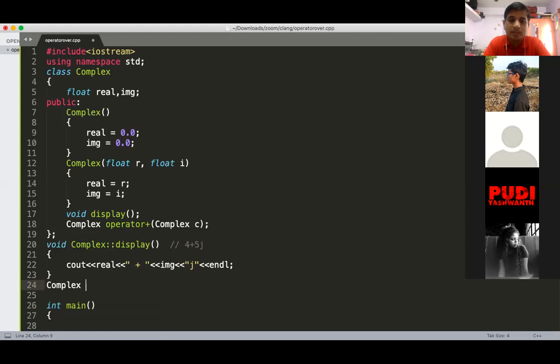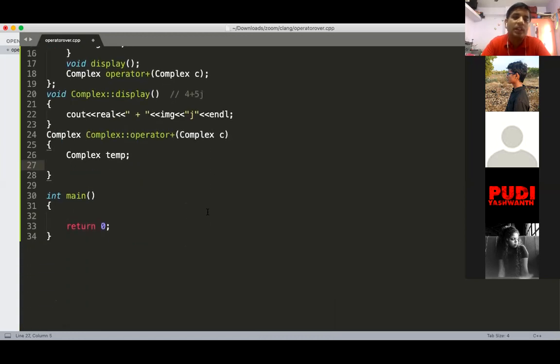So complex colon colon operator plus, and it takes one argument c here. Now its definition is very simple. We require first one temp object, and then temp dot real is equal to real plus c dot real.